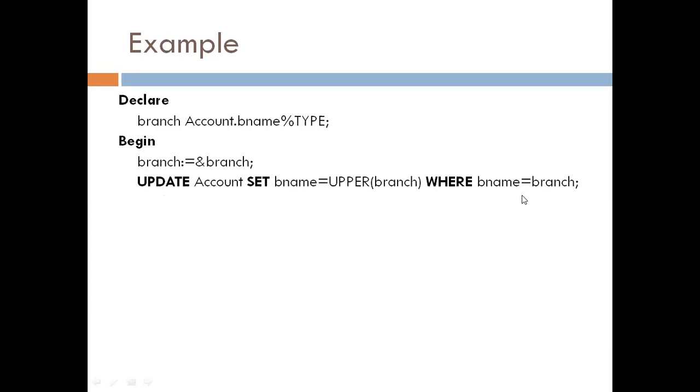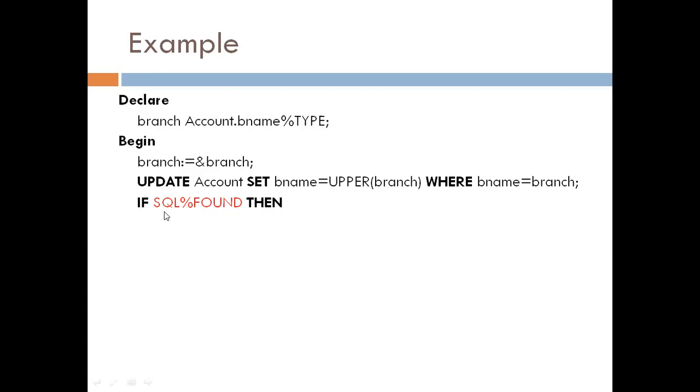We do not want to convert all the branch names into uppercase. We want to convert only specific branch into uppercase letter. So here we are passing a condition where bname is equal to branch. Now we are passing one condition. If my record is found, then we are going to print one acknowledgement message that total this number of records are updated. If it is not found, then we are printing a message like given branch is not available. So here we are using if statement.